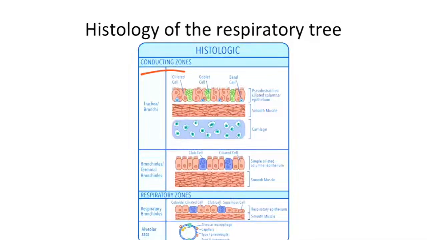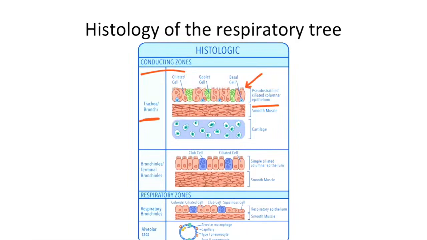Notice in the upper airways, or the trachea and the bronchi, that the epithelium consists of pseudostratified ciliated columnar epithelium. Notice that the pseudostratified ciliated columnar epithelium contains cilia. You can see these here. As the cilia beat upward, they move debris out of the respiratory tract and are an important component of the